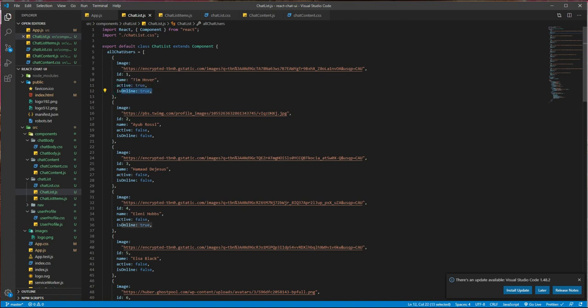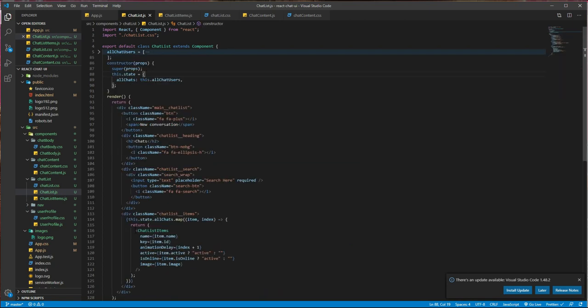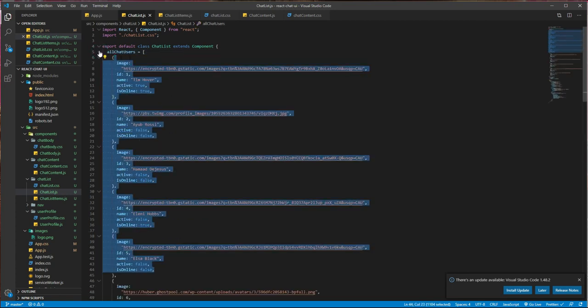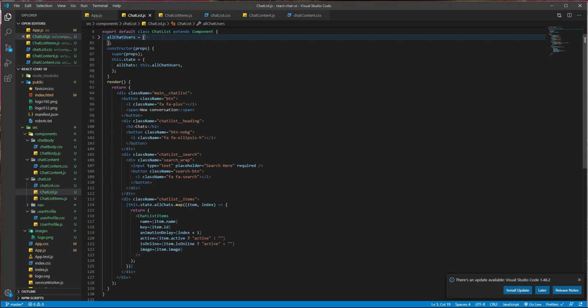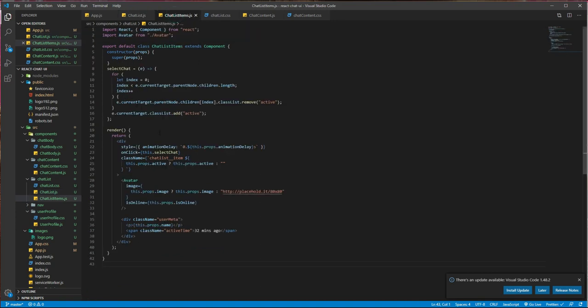What do active and online mean? You will know it later. And here we map through, looping through this array, and passing the data like name, the key, whether it is active or not, online or not, and the image, and this is the animation time to the child component, the chat item.